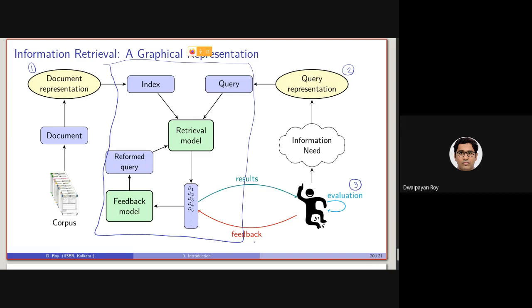Then in the second half, after the mid semester, we'll be focusing on feedback and the feedback model. And of course the reformed query, this part will be covered. And after that we'll be covering some advanced evaluation techniques as well. This is the framework, or the way we will be walking through the course.